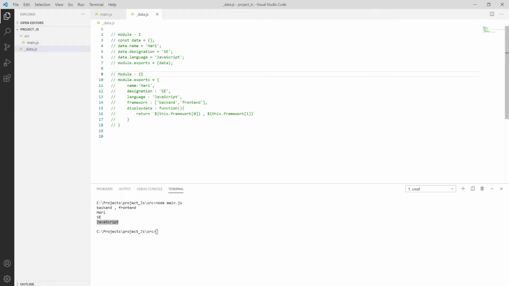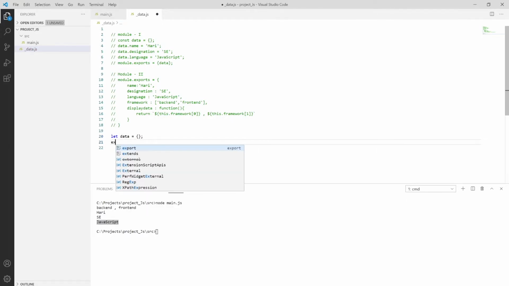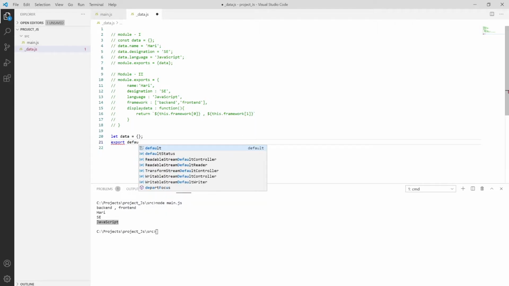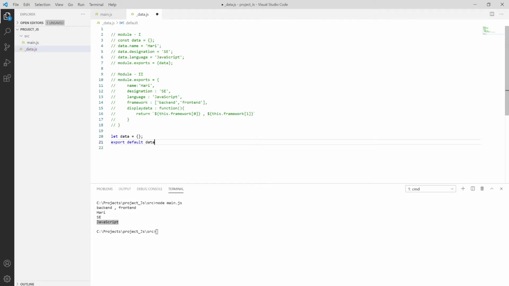Let me create one variable, let data, and I'm exporting it using simple export, then putting default and then the name. So we have named data, and try to save it using Control S.